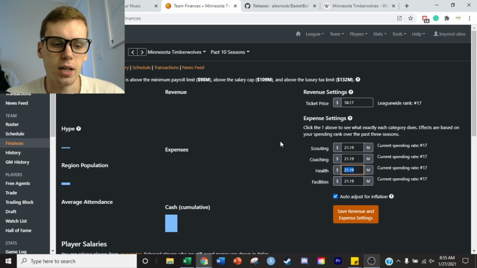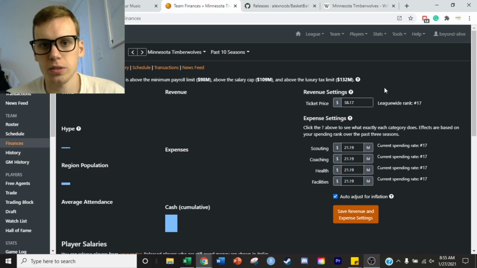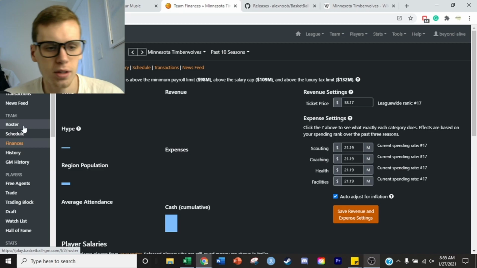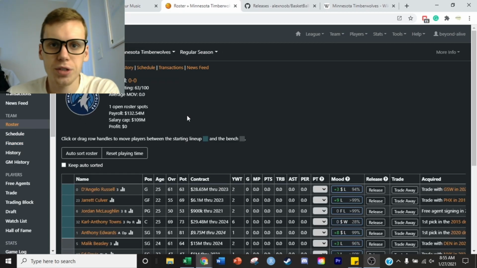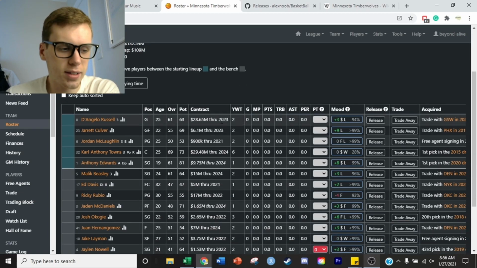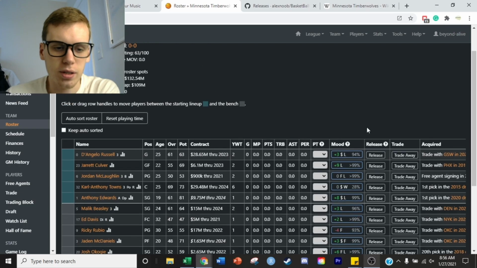So maybe if you're having a really bad season and nobody's coming to your games, you might want to consider lowering your ticket price to get to a point where you have more or enough people coming into your games where you're still making a profit. And then of course all this is affected by your payroll and your salary cap. So we have currently a 109. So if you're overspending that, then you're potentially losing a decent amount of money, which I expect this Timberwolves team